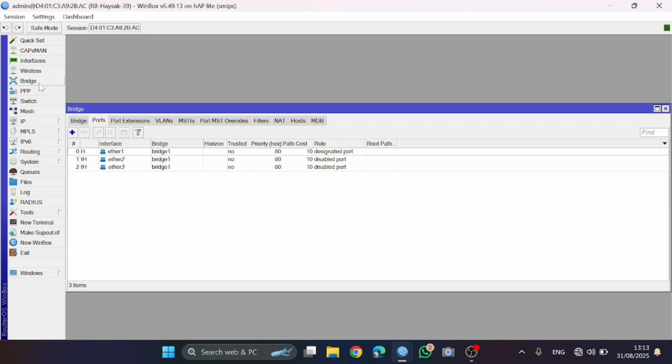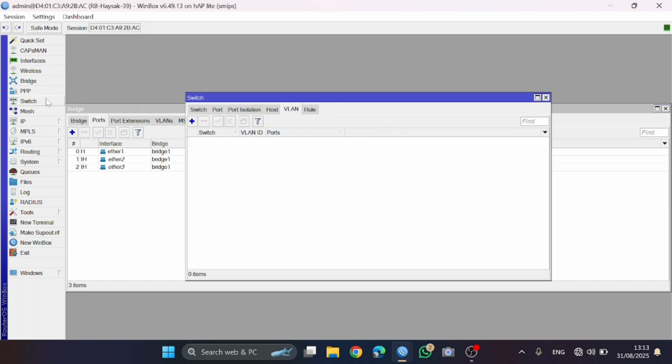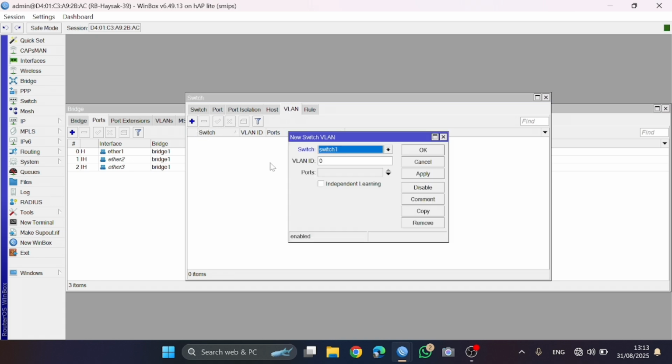Click Switch. Click the tab, click Add, and choose ether 1 and ether 2, click Apply, then OK.